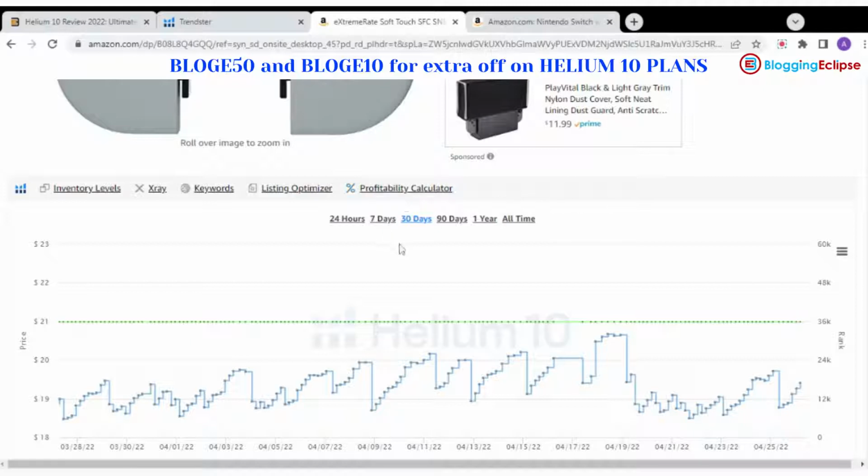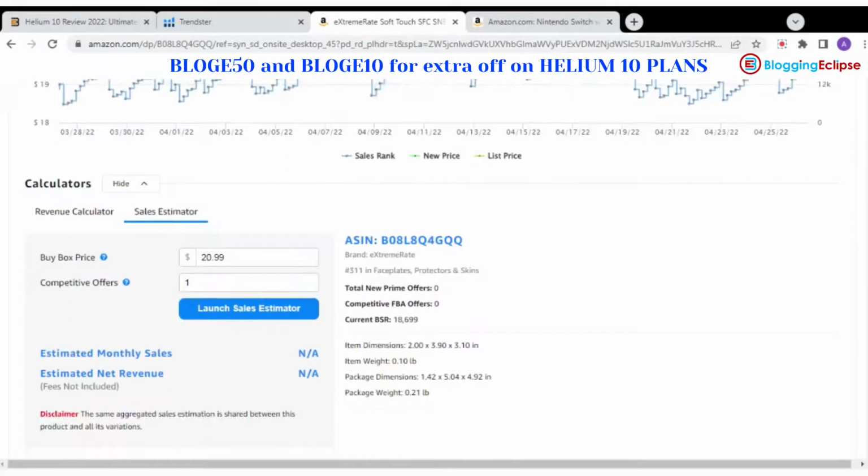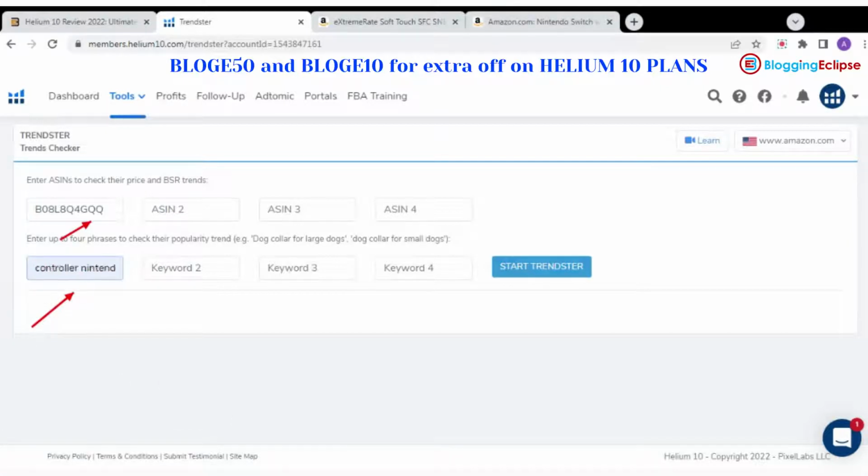So let's click on Trendster and input the product, the word controller, Nintendo. Since we are talking about Nintendo, let's also check the Nintendo Switch.